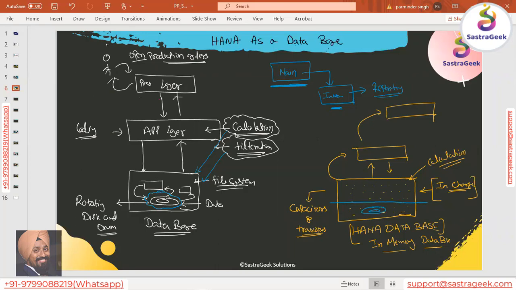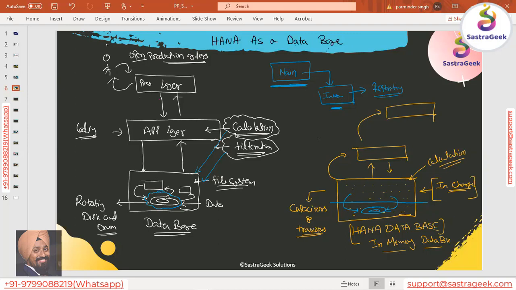The architecture is so good that all the operations happen from the in-memory layer. So for the user, everything uses in-memory and the operations are very fast. And every 8 or 10 minutes, a backup is stored into your rotating disk and drum, into another layer.